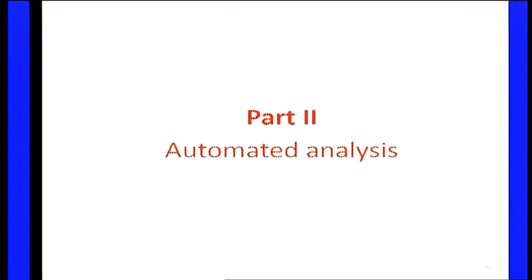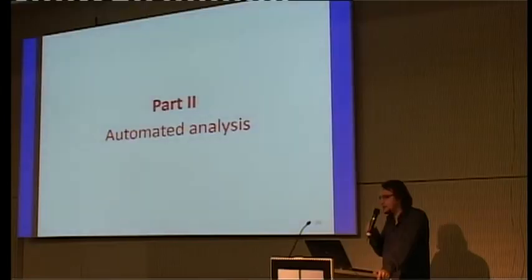I have a couple of additional examples at the end for near zero locations, but I want to switch to the automated analysis. So the technique we've been using, the theorem prover Havoc, is pretty nice, but I'm not going to stick to that. I'm going to present a couple of different techniques for automated static analysis or semi-automated static analysis. So I'm not going to focus on the particular tool we used, but have a more general approach